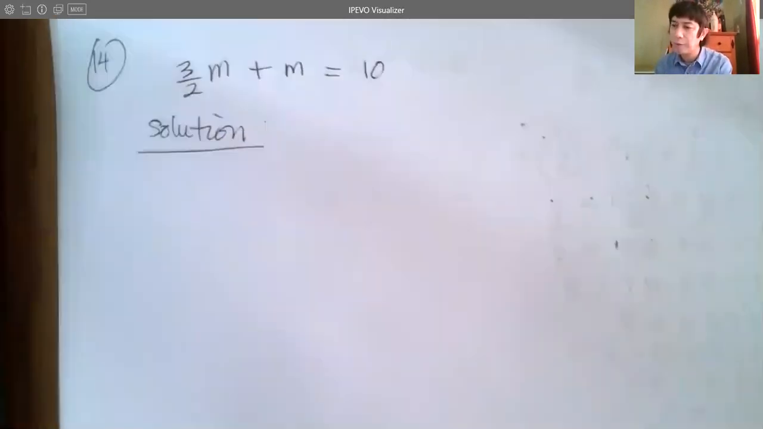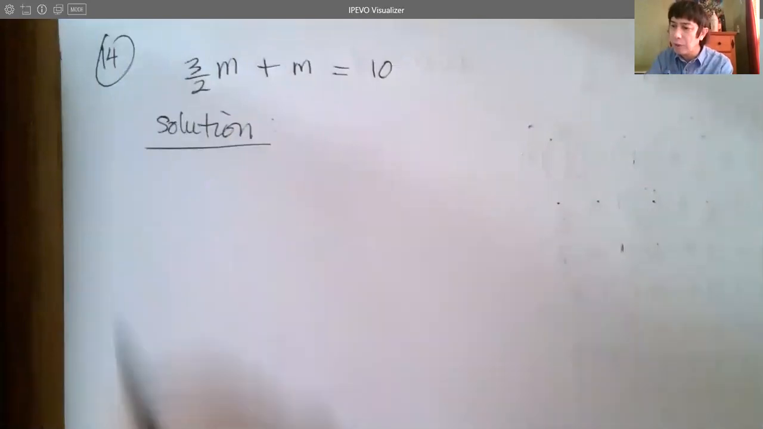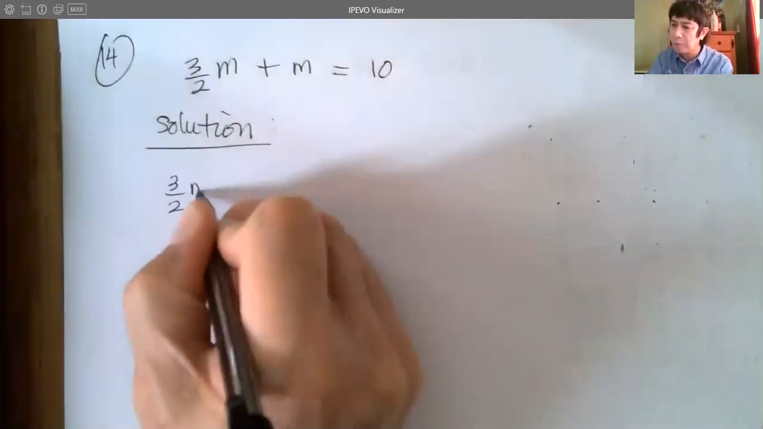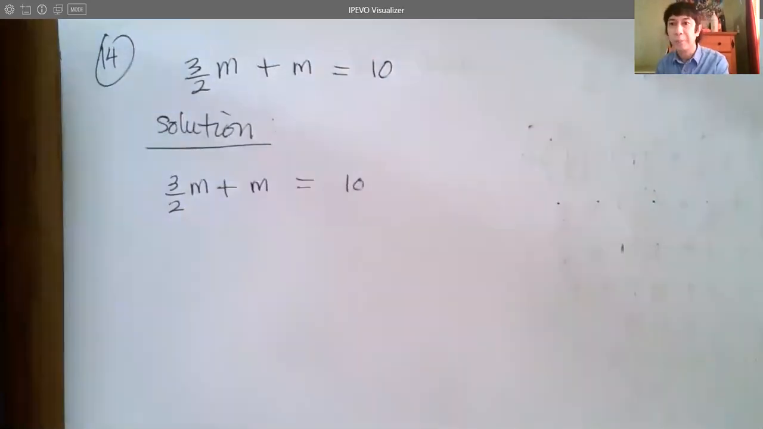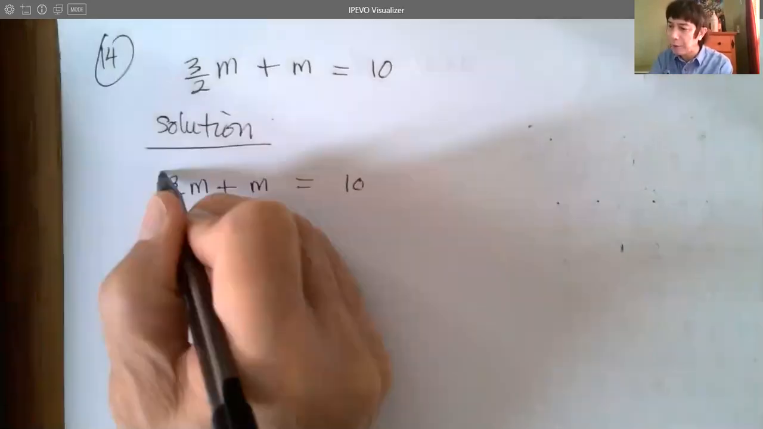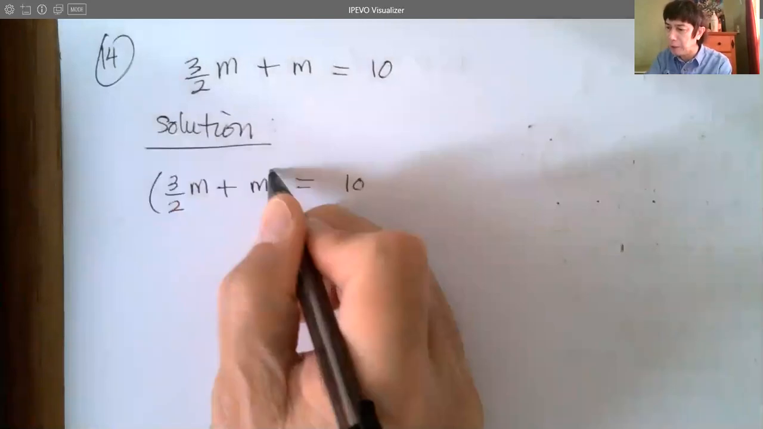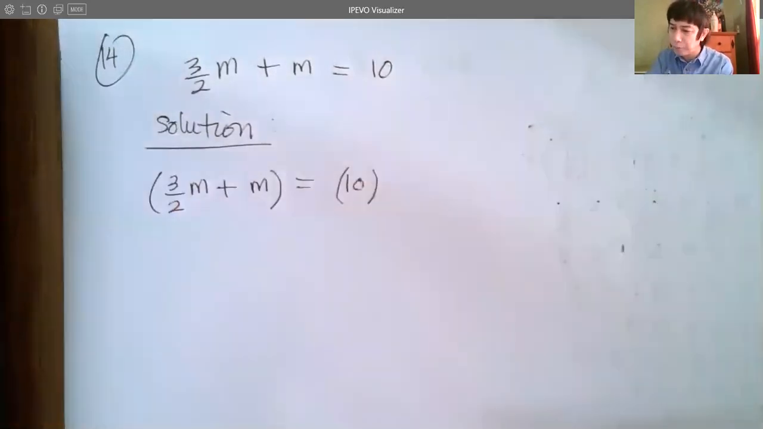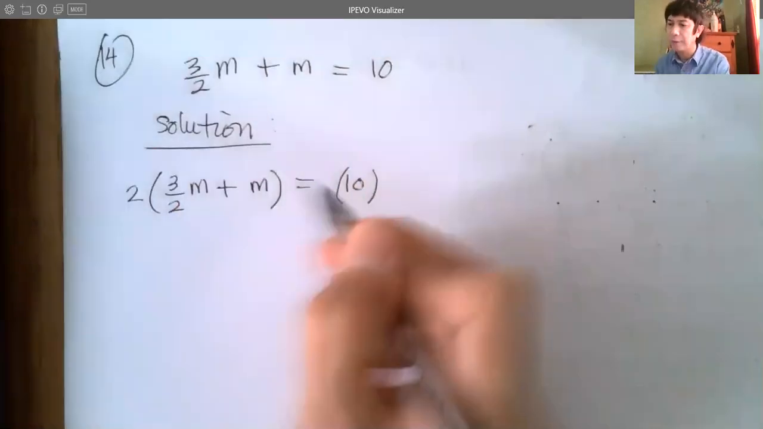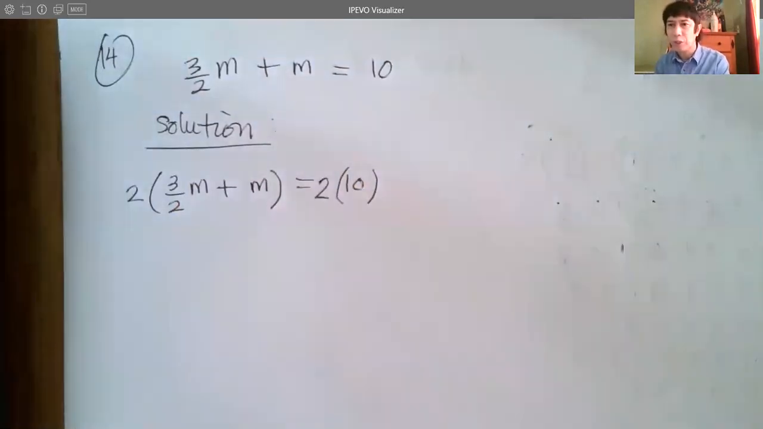So for our solution, we have 3 halves m plus m equals 10. Now, just like what we did in number 13, we make use of the least common denominator, which this time is the number 2. We use it as multiplier. So from this original equation, we multiply the entire left side and the entire right side by the same number 2. There. And then we apply the distributive